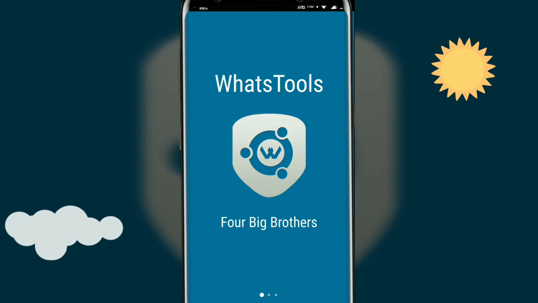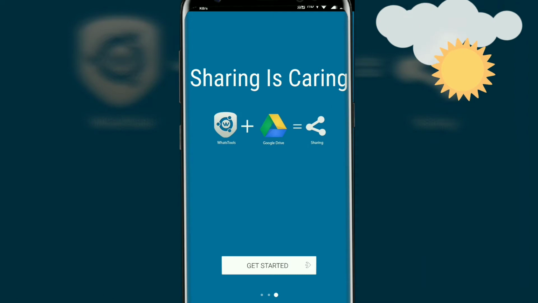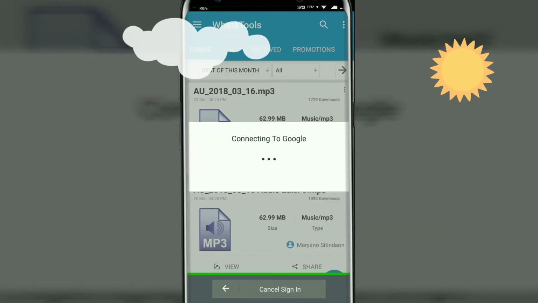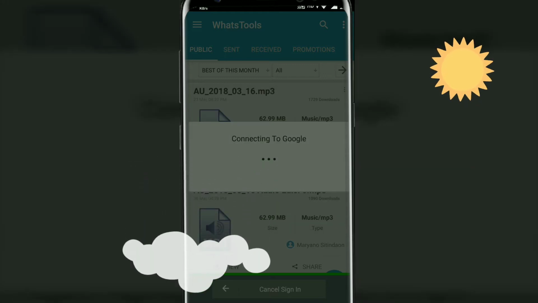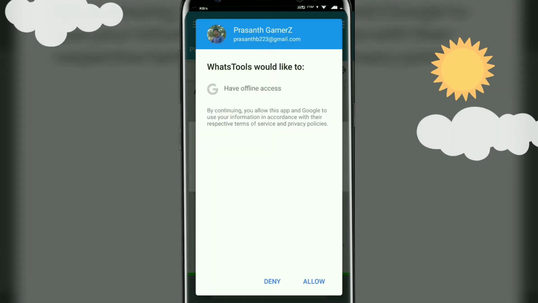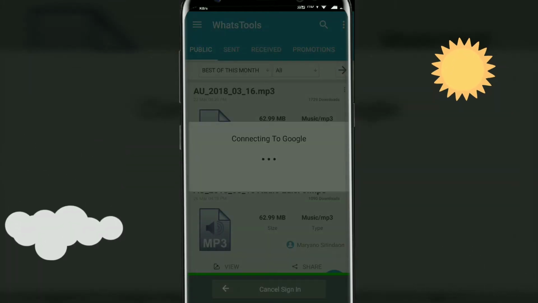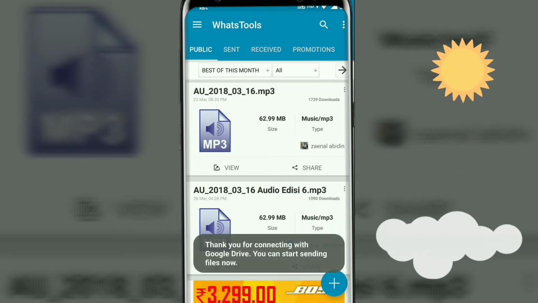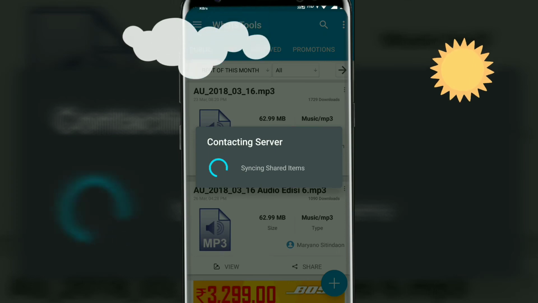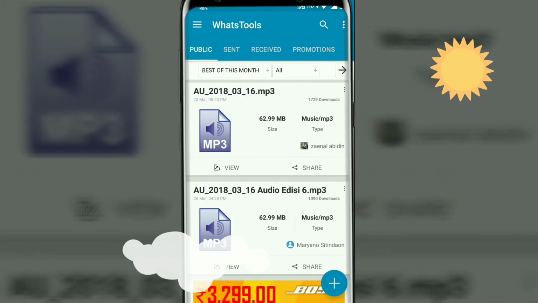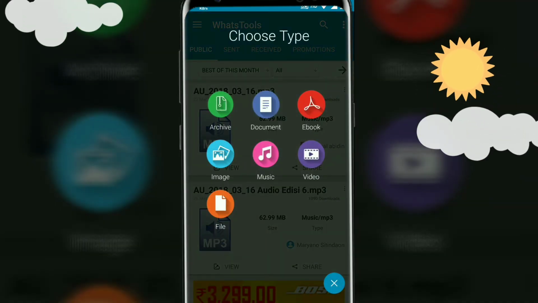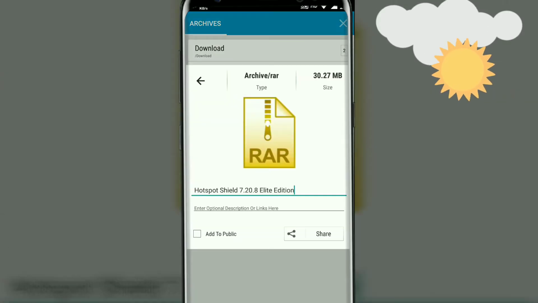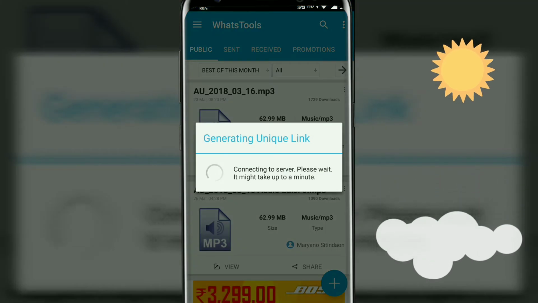Just open it after it's installed. Just skip this. Get started. Sign in with Gmail. Signing in with this. Just allow it. After that, it will be connecting to the server. Just tap on this and I'm going to send Hotspot Shield, share,